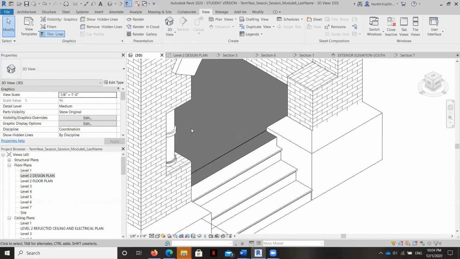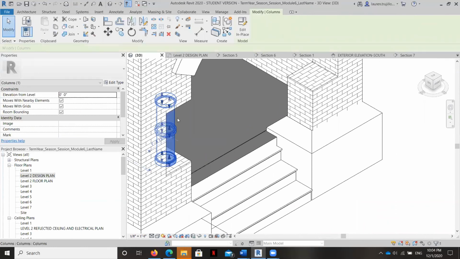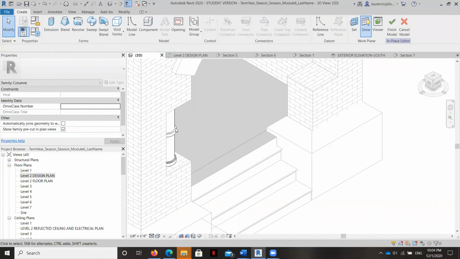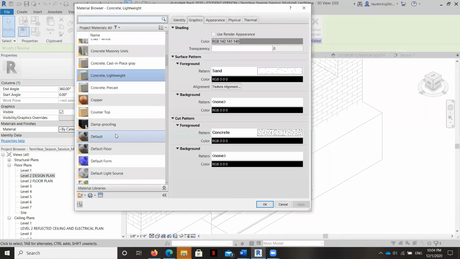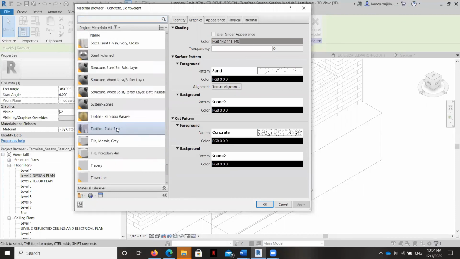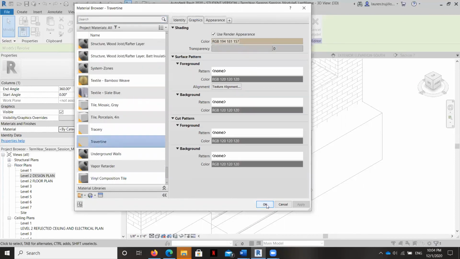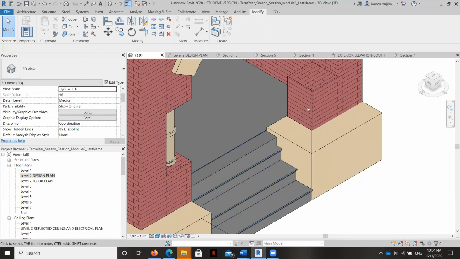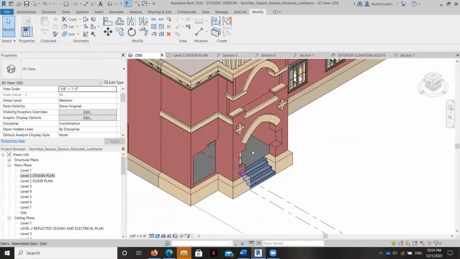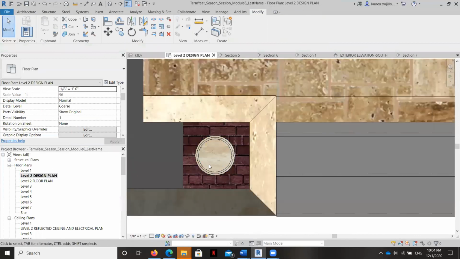Finally, there it is. Okay, so what I'm going to do now real fast is edit in place again. I'm going to grab it, change the material quickly to travertine before anything else crazy happens with this column. Perfect. Okay, good. So it's travertine like the rest of it. Now I'm going to copy it here, and if I can, I'm going to copy it over there too. Otherwise, I might have to mess with it a little bit more.